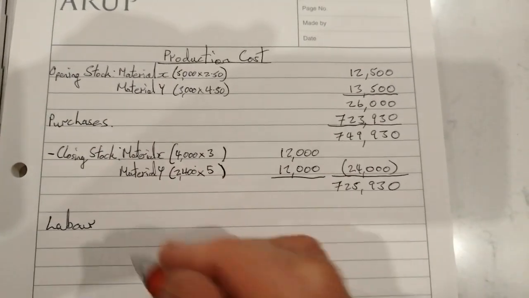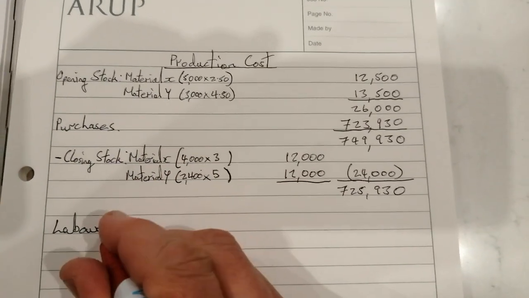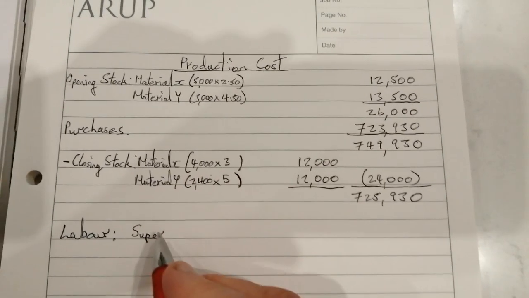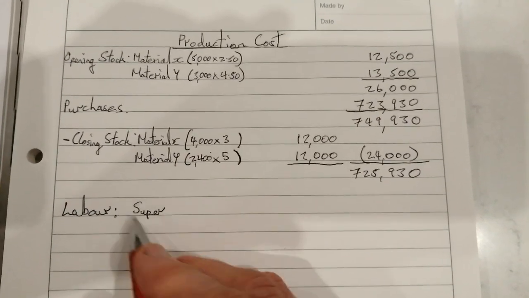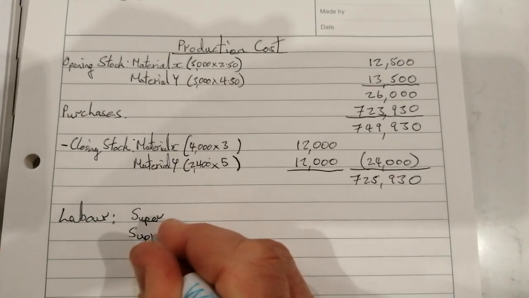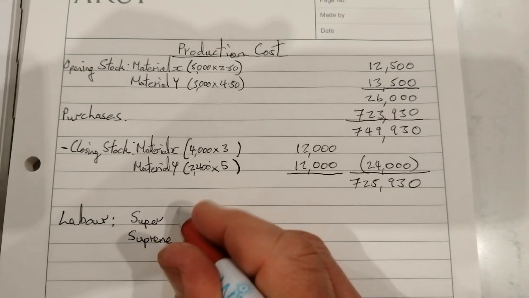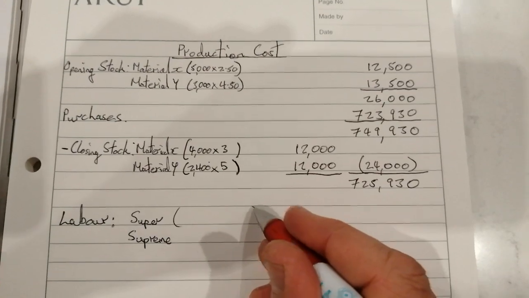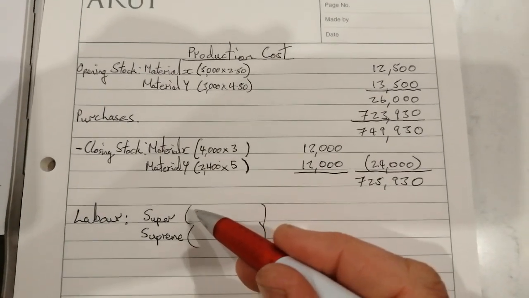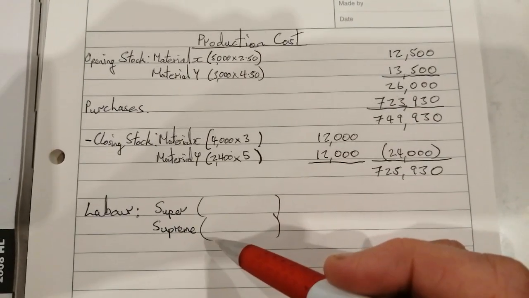Your labor cost is, we were dealing with material X and material Y up here. Now we're going to really be dealing with super and supreme, the cost of the labor in manufacturing all of the supers, and the cost of the labor that went into manufacturing all of the supremes. In order to work out the cost of that labor, you must first find out how many supers you are manufacturing and how many supremes you are manufacturing, and this will mean going back to your